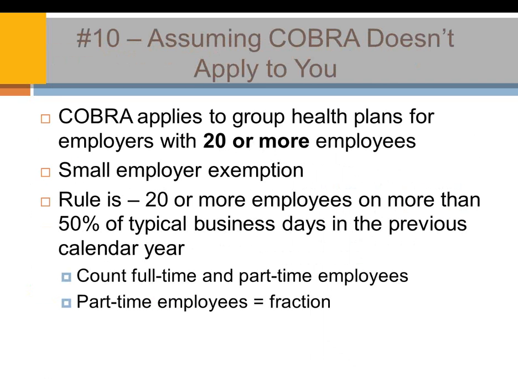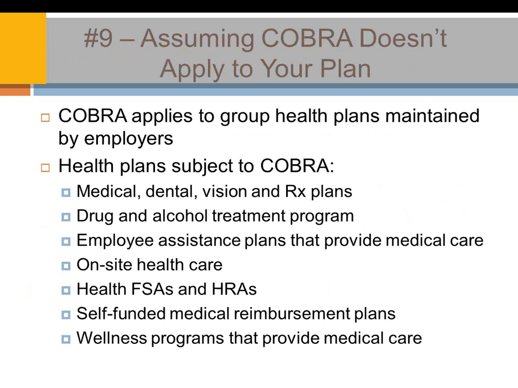Now, there is a small employer exemption in the state of Oregon, for example. There's state continuation, which is also called mini COBRA. It doesn't have the exact same timelines, but it also exists as well. However, companies that are under 20 are not required to follow the COBRA continuation rules.